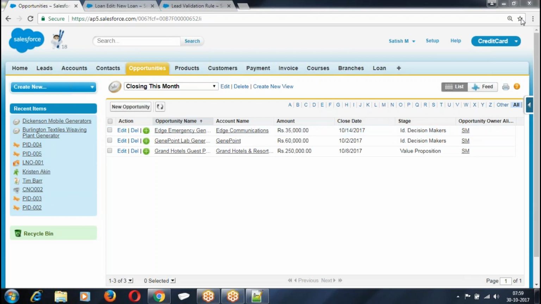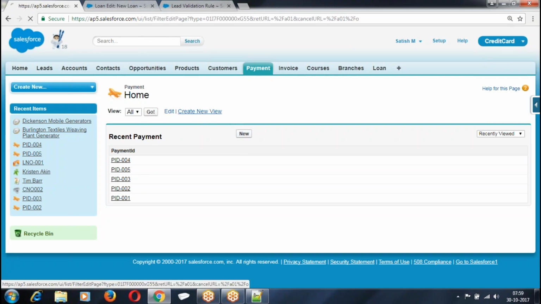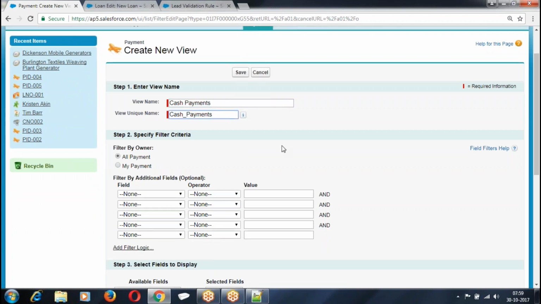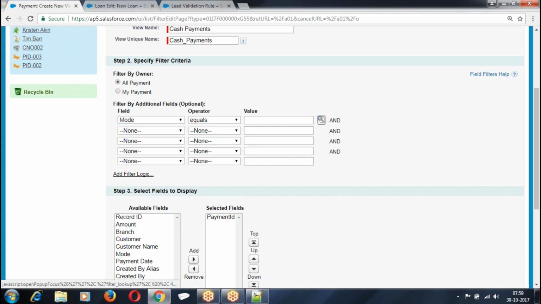Let me show you how to create your own conditions now. You created your own object, and for your object also you want to create your own conditions. What I was doing: create cash payments where mode of payment equals cash.